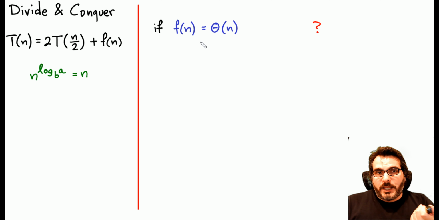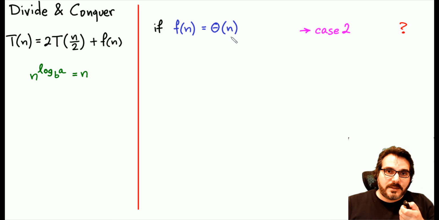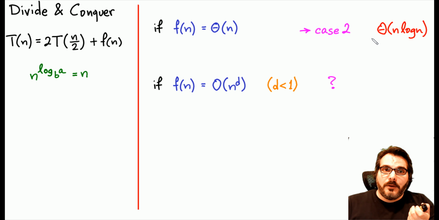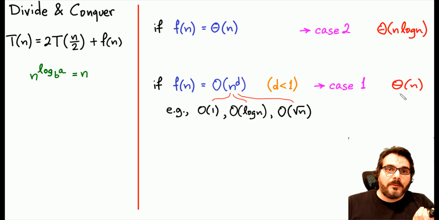In what condition is f of n equal to theta n? So for case 2, for example, how does it apply? If case 2 is all levels are the same, right, then you're going to end up having theta n log n. For f of n, if f of n is something like O of n to the power of d, and d is less than 1 here, meaning the exponent is less than 1, which means that leaves dominate. So it's going to be case 1. And then case 1, basically you have theta n again,